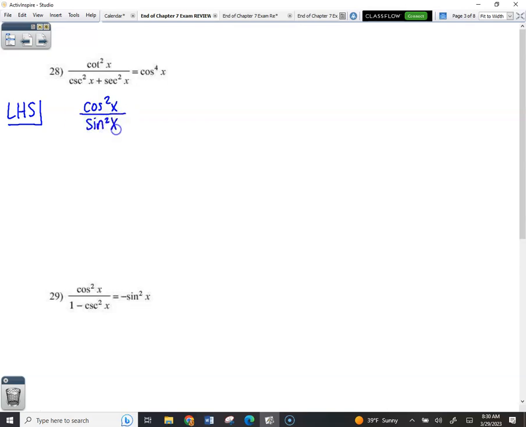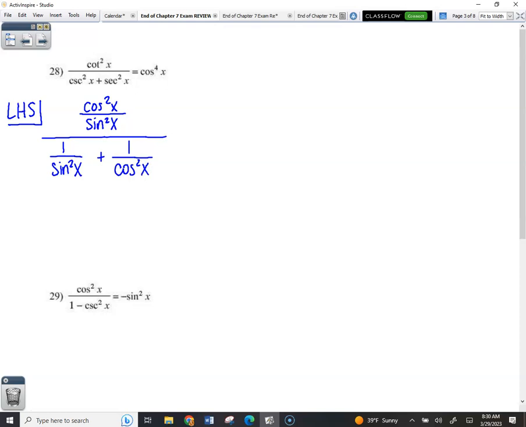Another mistake I saw a few times on the last test was if it was squared and then you substituted something else in, you forgot to put the squared. And that definitely changes it. So watch that. If it's squared, it needs to stay squared. So this was 1 over sine squared plus,